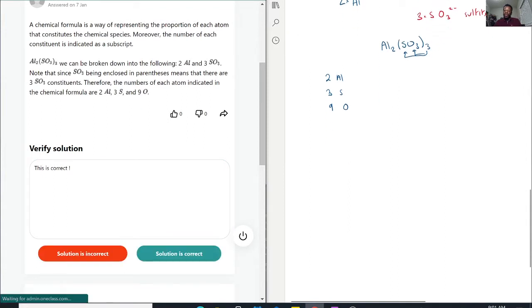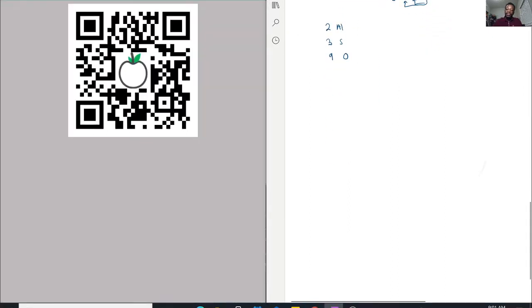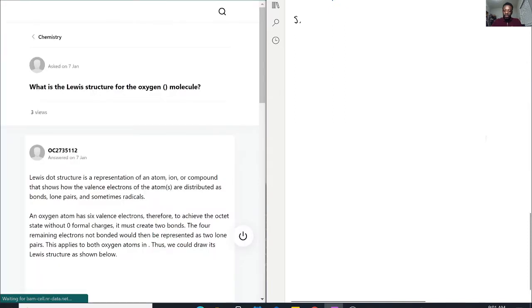Now let's move on to question number 5. For this question, we have what is the Lewis structure for the oxygen molecule, okay? For O2. And the reason why the oxygen molecule is O2 and not just O is because in nature, oxygen